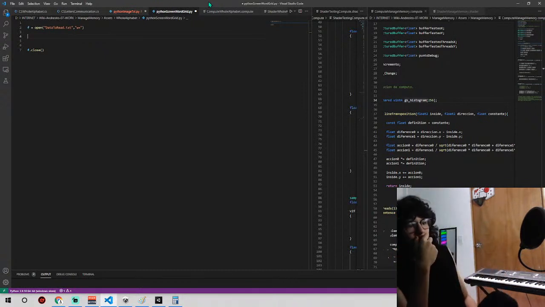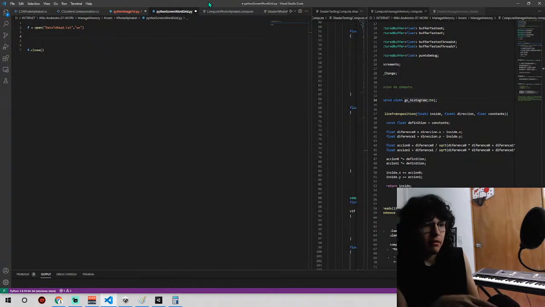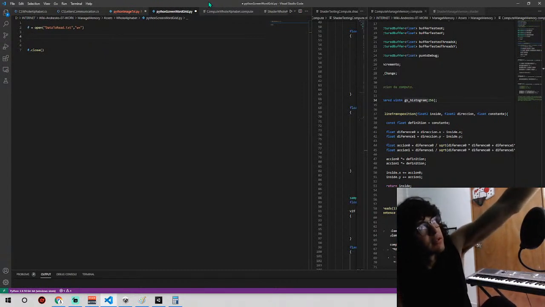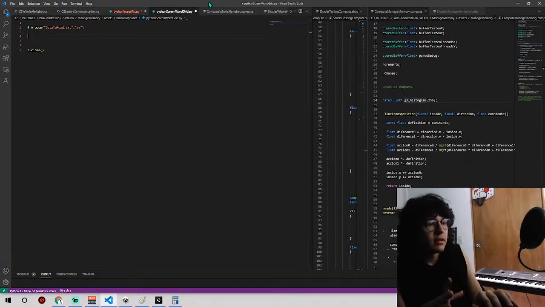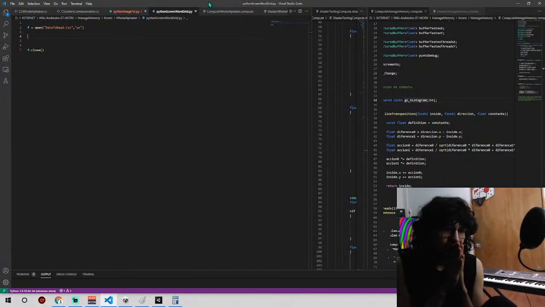I want the position of the grid, of the x and y position translated to a number, to float numbers. And how can I obtain those float numbers? I can obtain those float numbers